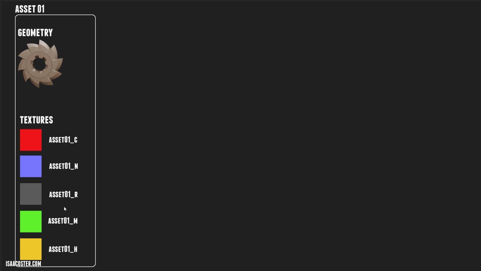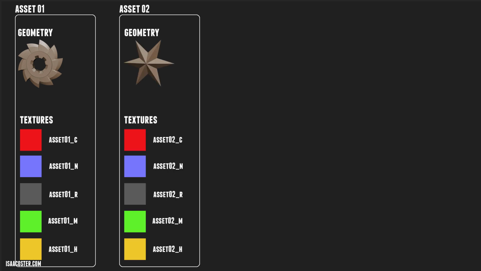This is usually how I've seen it done, so I think it's a safe assumption. But here we've got the color, the normal, the roughness, the metalness, and the height for this asset. So then I'm going to look at the next one, and yes, we've got that same situation. I'm going to find all the textures that start with this name, wherever they happen to be, and then I'm